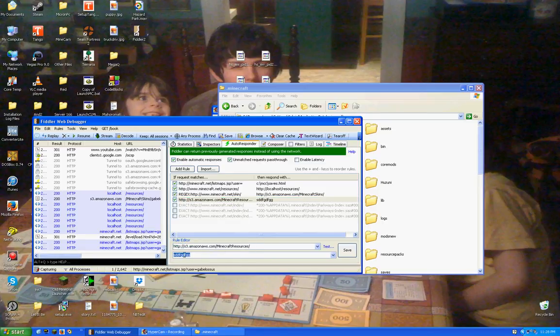Yay! So that's how you do that. And I'll put this in the description. Okay. And then, if you want to get your skin back, I'll put these links in there too. Regex, minecraft.net/skin, which was the old link, and you want to replace it with the new link, which is amazon.com/minecraftskins. And if we do that, I'm going to launch InfDev and show you that I am in fact not